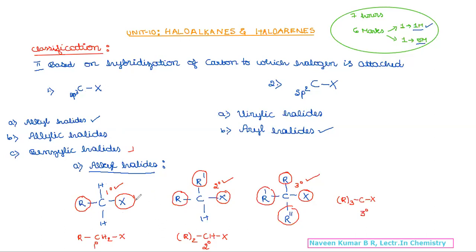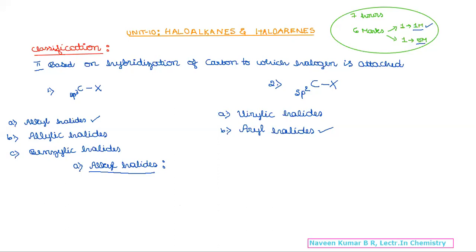Next, we need to classify them as primary, secondary, and tertiary. So first look at the surrounding bonds, then the groups. That will give a clear indication regarding the classification. Now we'll consider the same with a simple example. We have seen generalized structures here. Now we'll try to identify with the help of a simple example.